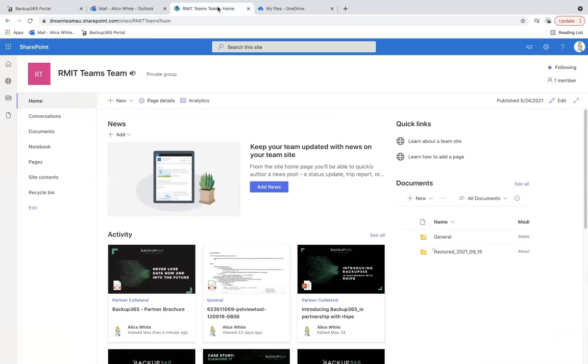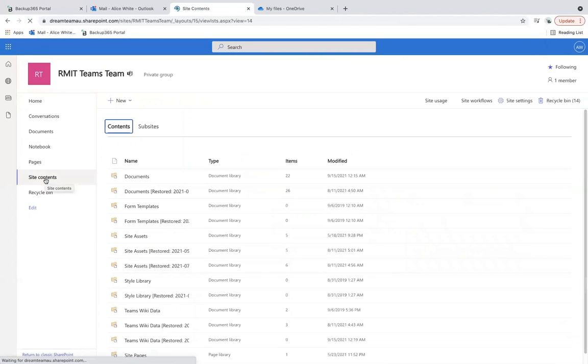Now, when we go into our SharePoint, we will now find a full site restore is not under documents, which is where you will find individual item restores, but under site contents, as SharePoint has a lot more than just documents. So in here, you will now find folders that are created for documents, for email templates, for site